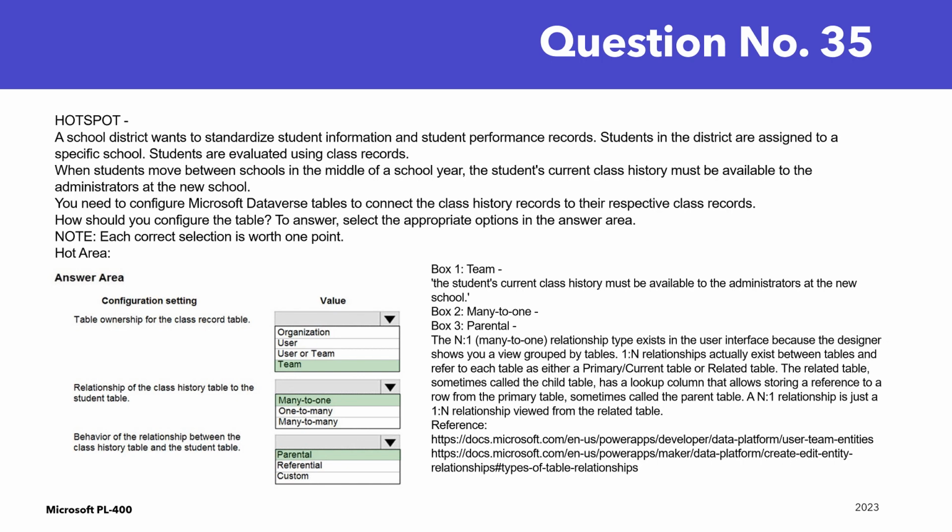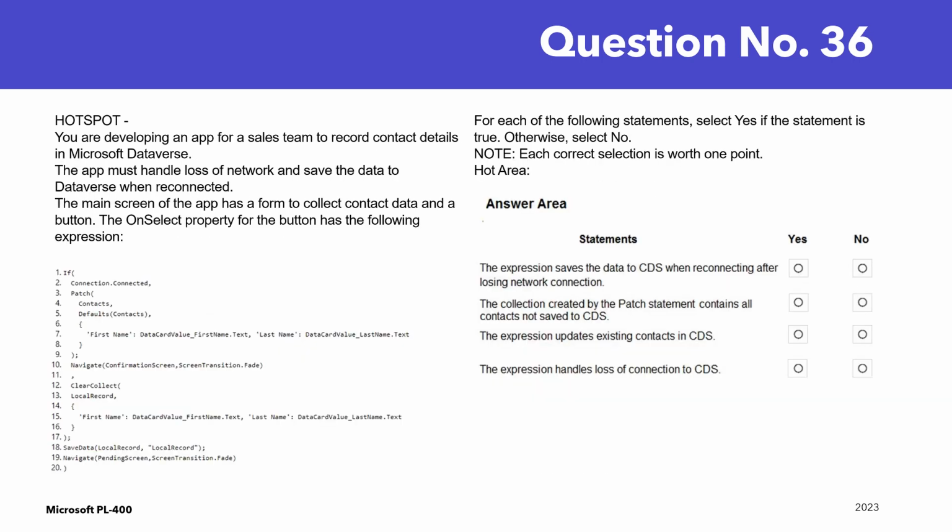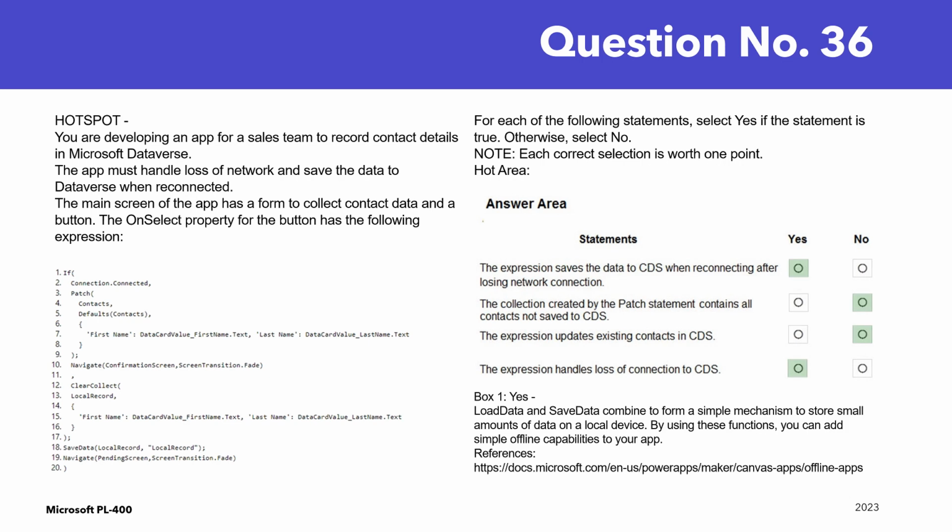You are developing an app for a sales team to record contact details in Microsoft Dataverse. The app must handle loss of network and save the data to Dataverse when reconnected. The main screen of the app has a form to collect contact data and a button. The onSelect property for the button has the following expression: the expression saves the data to CDS when reconnecting after